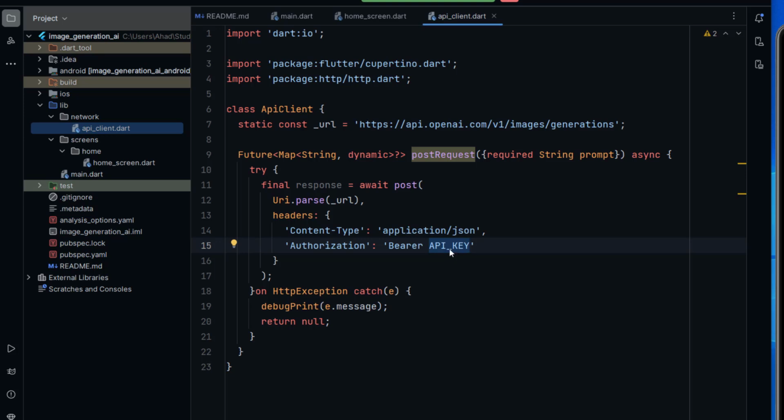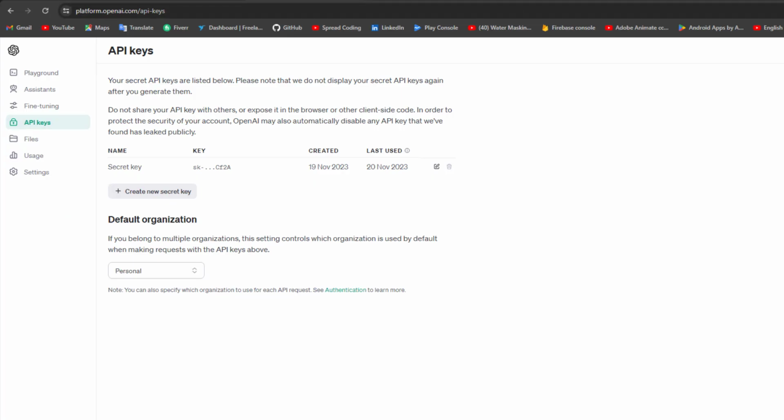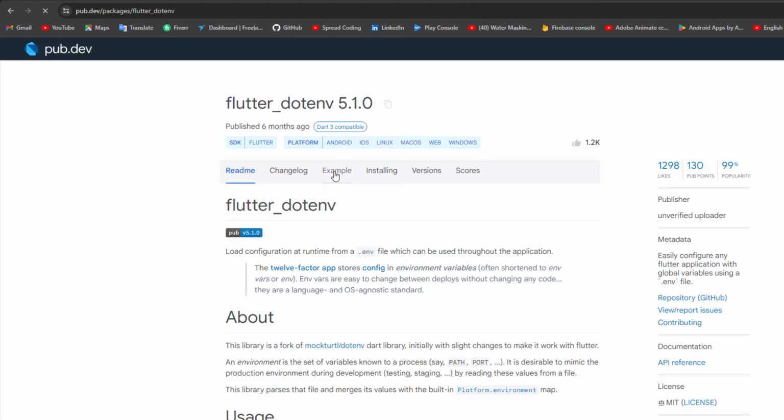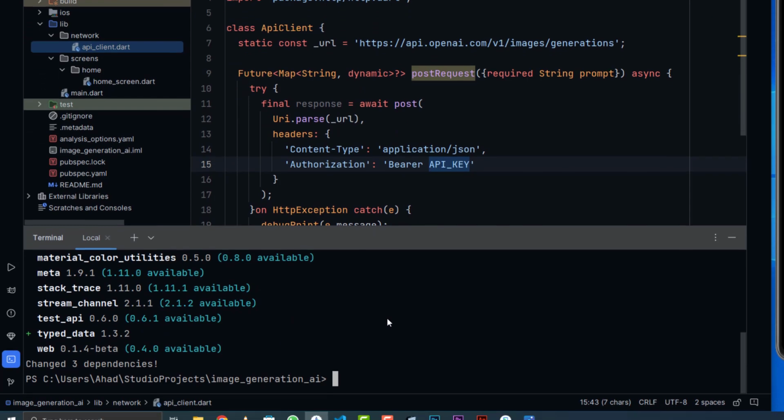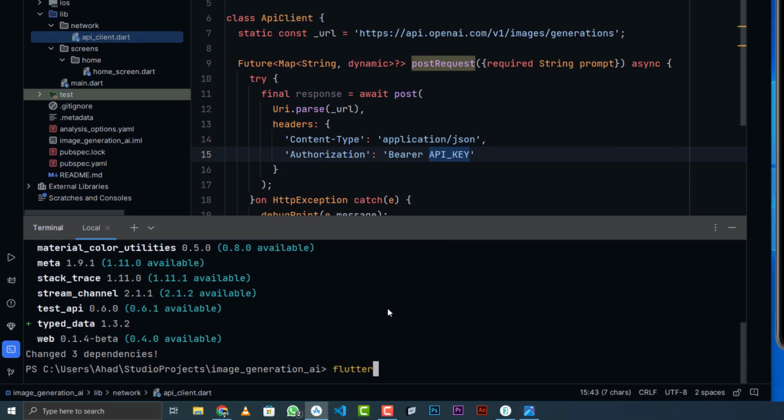We should use it more securely, right? For this purpose we will use a Flutter package, flutter_dotenv. This is the package flutter_dotenv, right? So let me add this package in our Flutter project. Flutter pub add